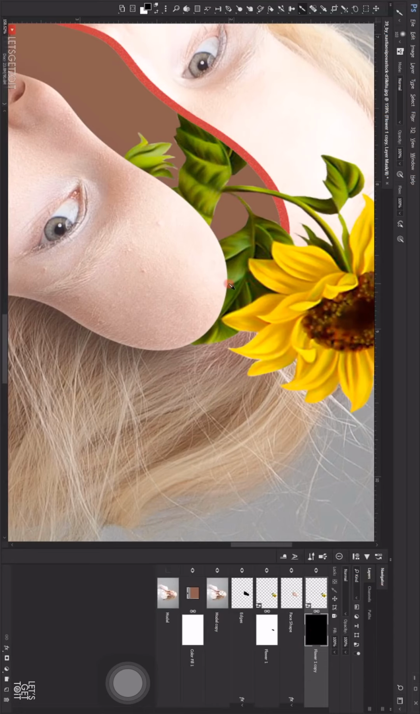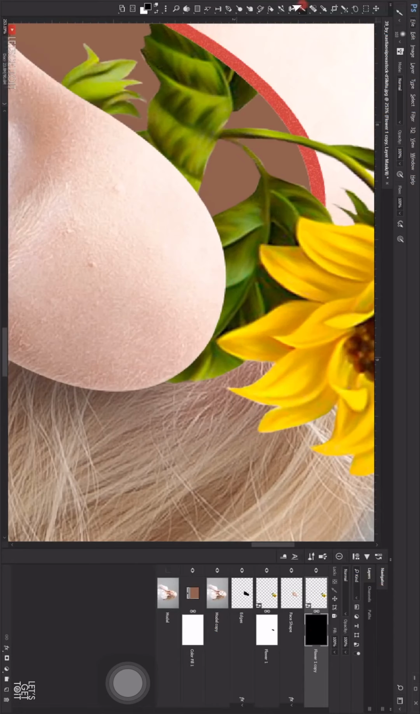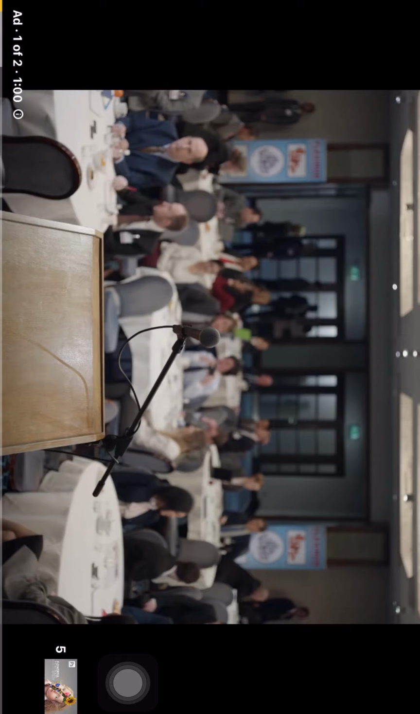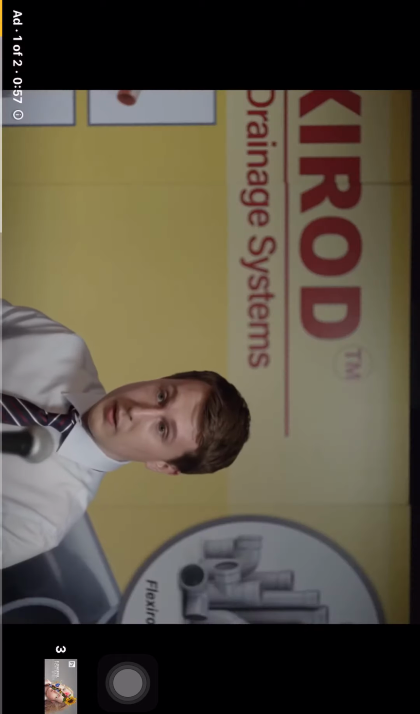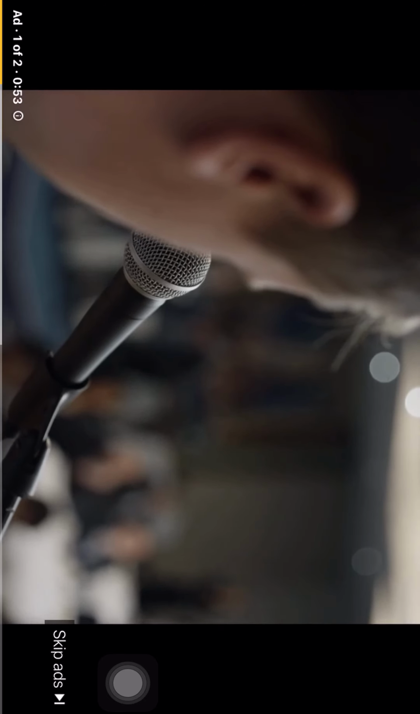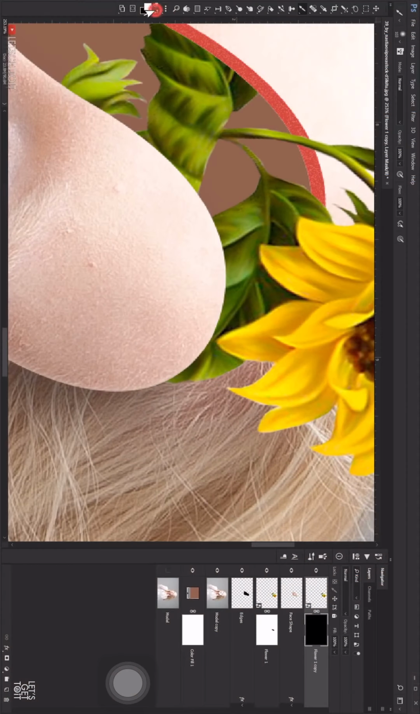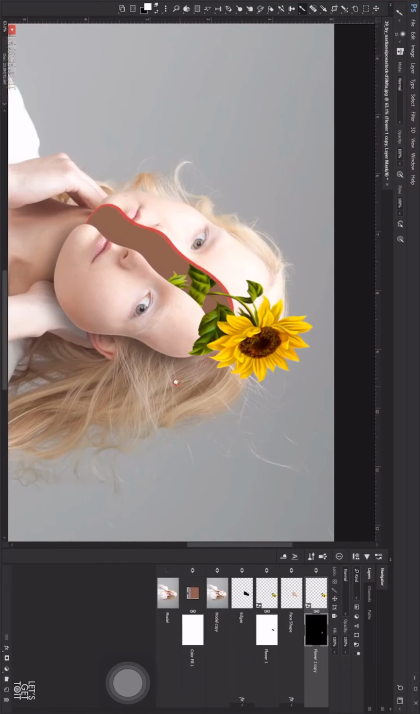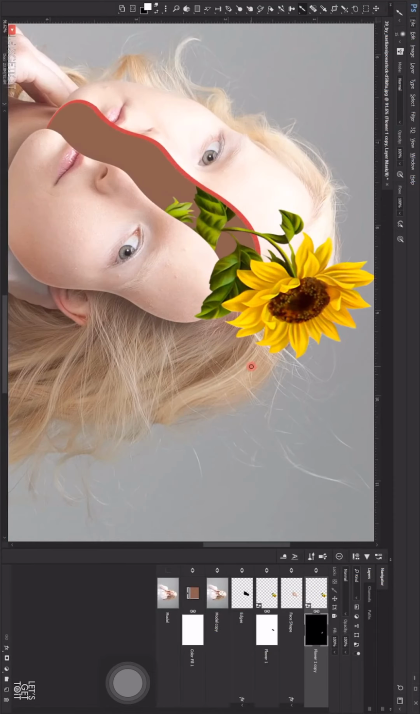And then what I'm gonna do, I will using a brush and a white color, I'm gonna start revealing this part. As easy as that. Alright, here we go, we have a really cool effect in